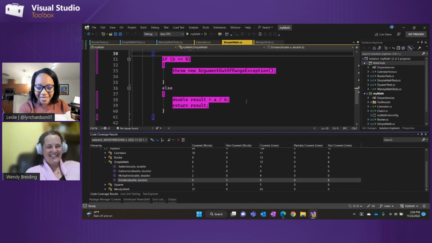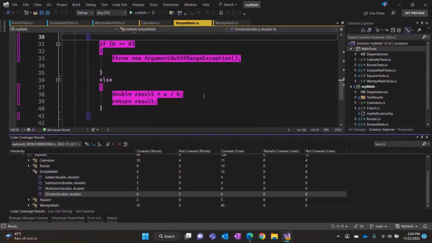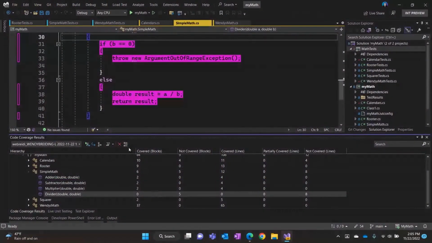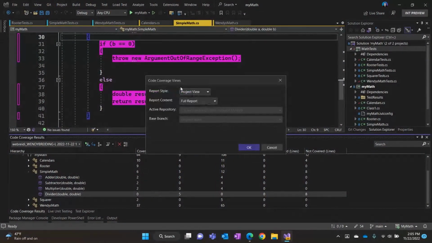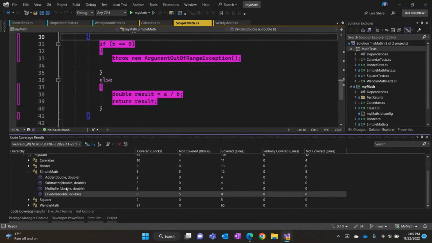Yes. But we've made it even cooler, because sometimes you're working in really big repos and you've only made a small change. You've added one or two methods, or made changes to a method or two. Seeing this whole report, which, to be honest, for most repos has very low code coverage, you just want to know what impact you had. So we've made some adjustments to the report. First, this one is the project view. I can show it from a source view perspective.